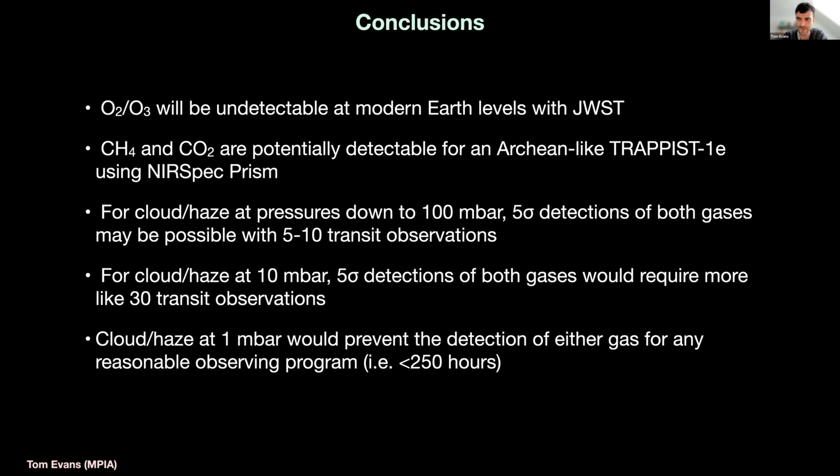Yeah, good point. But TOI 700 is like 100 light years away, so the noise will be really bad, and the star is much larger, and so the transit depth will be way smaller. So that's the problem as well. We are going to have transit depths that are below what we expect for the noise floor of NIRSpec PRISM. So it will be extremely challenging as well.